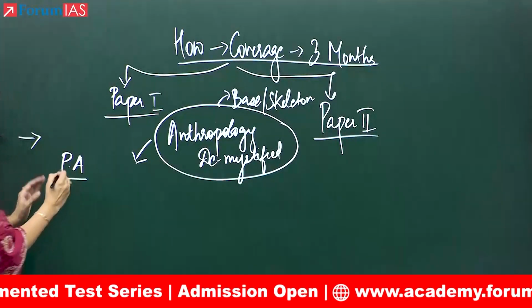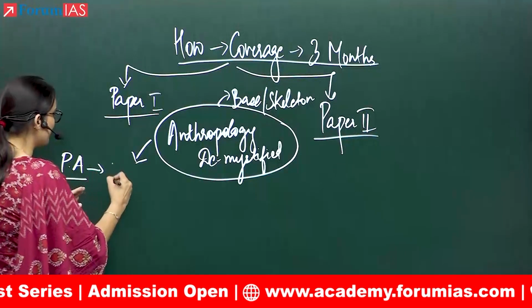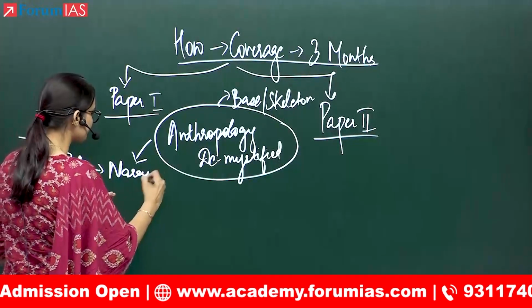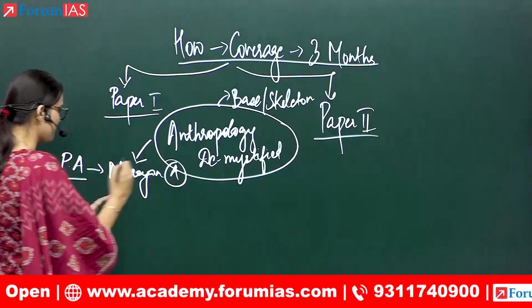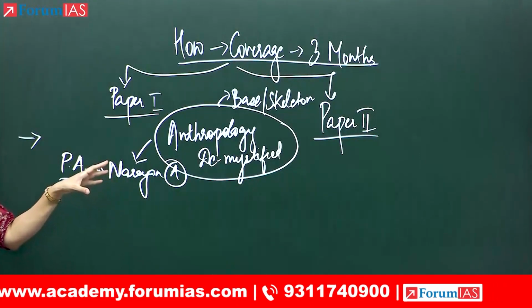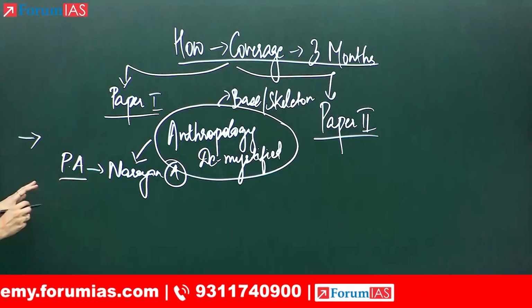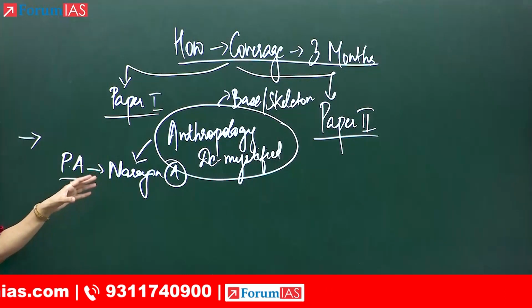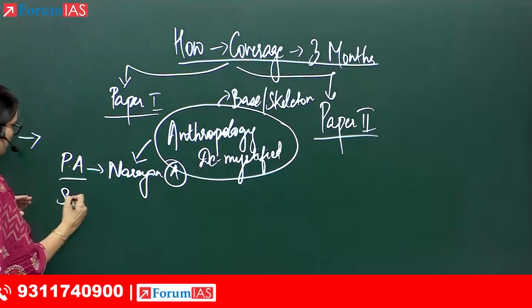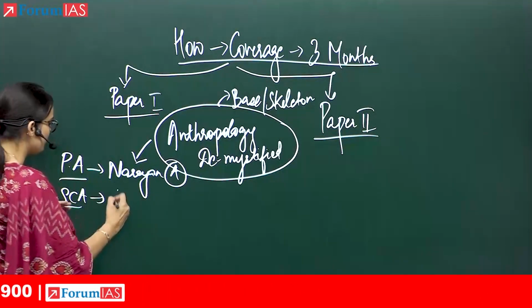For the portion of biological anthropology, you can refer to all these notes, which are available on the internet, okay? So there's nothing hidden here. These are the best sources which we can refer back to. For socio-cultural anthropology,